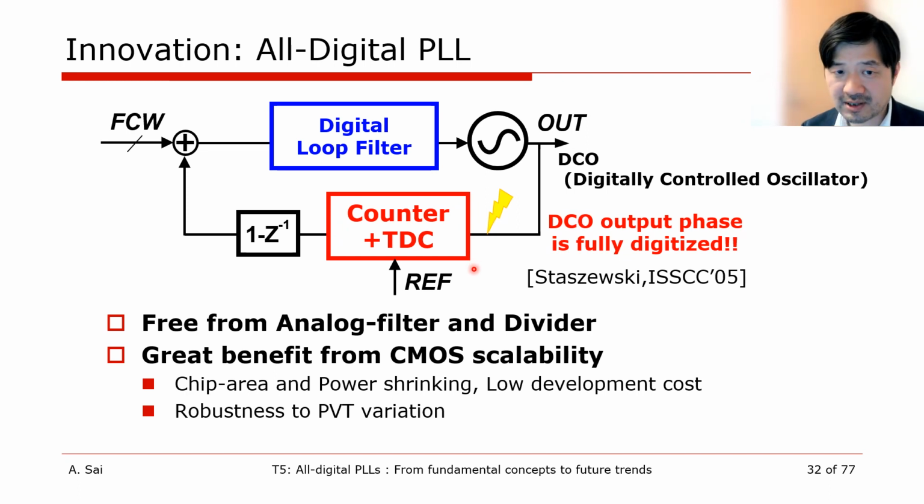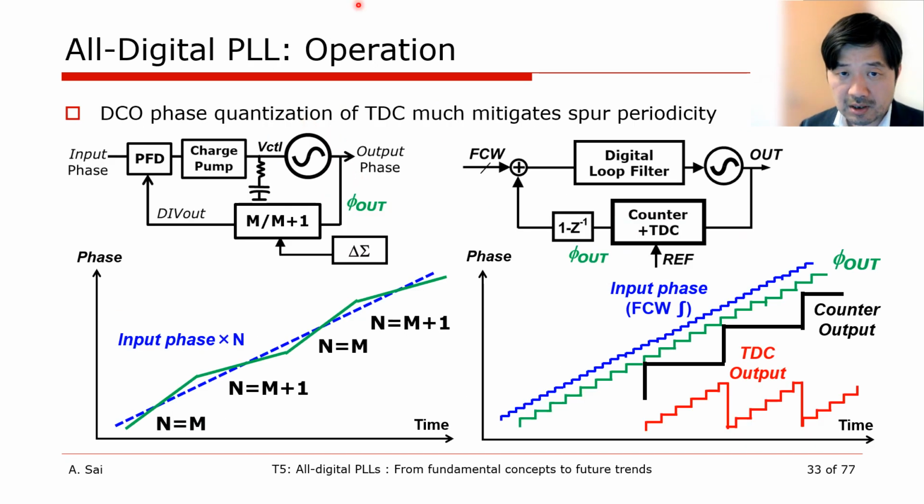For example, the gain of the DCO, digitally controlled oscillator. Since the loop filter fluctuation functions as a charge pump and zero point,